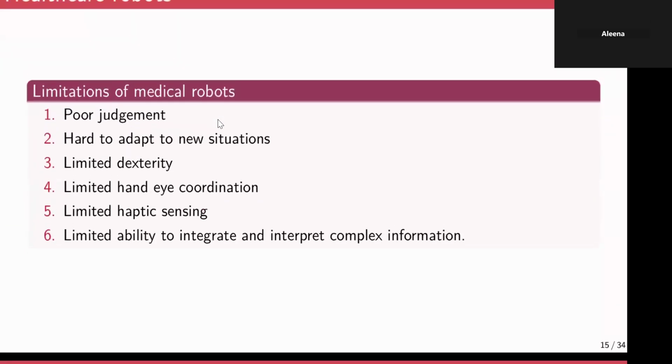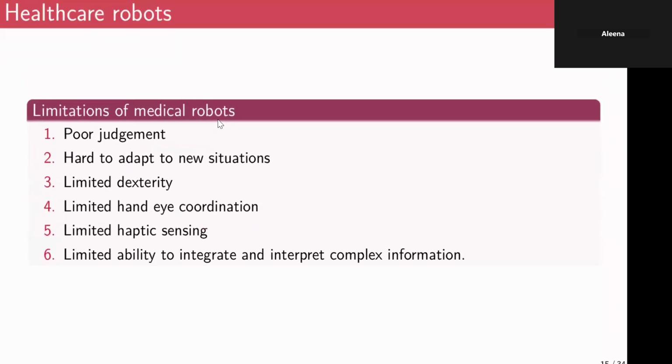All right, so there are a few limitations of healthcare robots, which are poor judgment. They may not be able to make their own decisions based on what they actually see, and they are hard to adapt to new situations. So in most cases, they are typically designed to perform one specific task. They have very limited dexterity. They have limited hand-eye coordination. They have limited haptic sensing. So haptic sensing is something